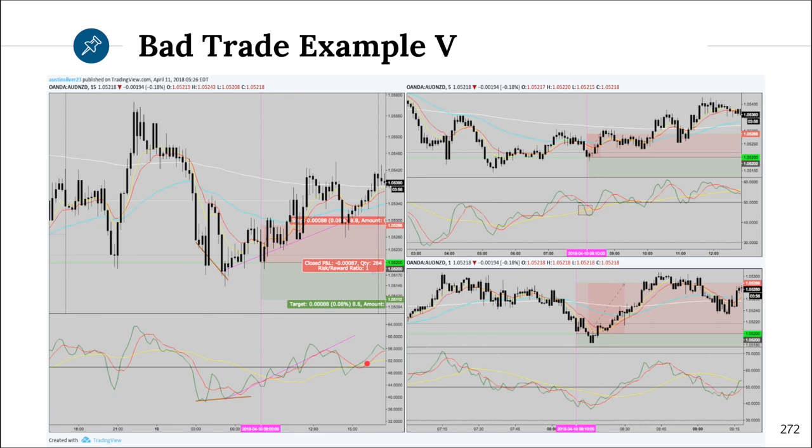Now you guys should understand exactly what reset looks like. It's when that liquid 50 is coming towards the stationary 50. It's when the liquid 50 and EMAs disagree, and it's when the liquid 50 is not in one zone throughout the entire day. We really want to find trending trades in order to be the most profitable that we can be. So in order to do that, you need to be able to identify reset and stay out of those trades.